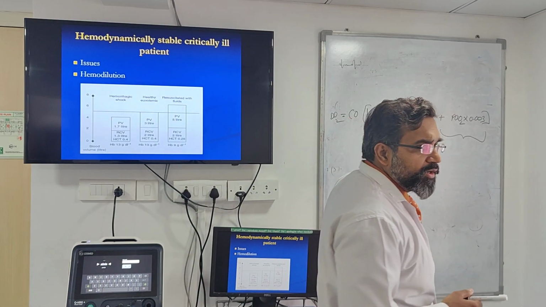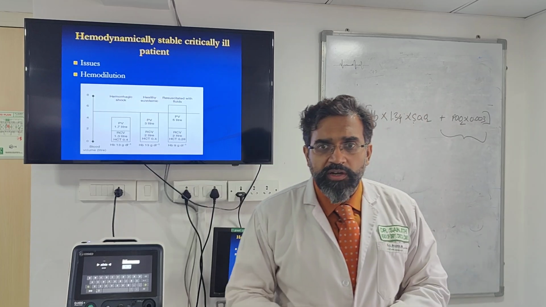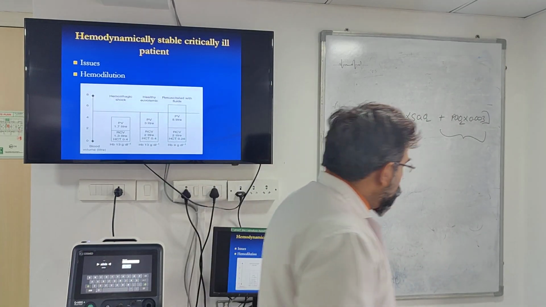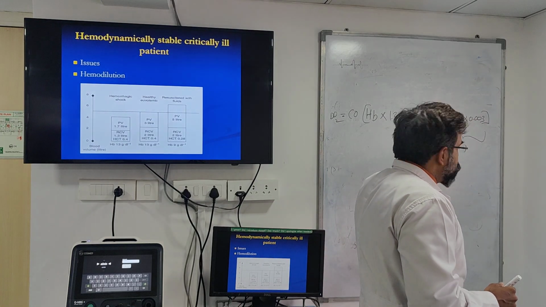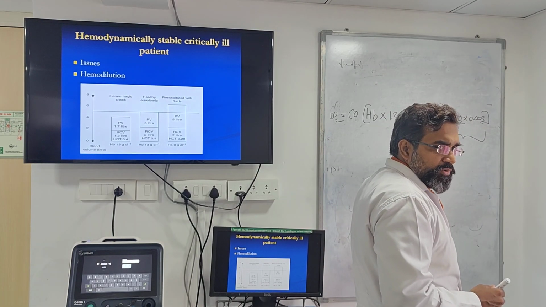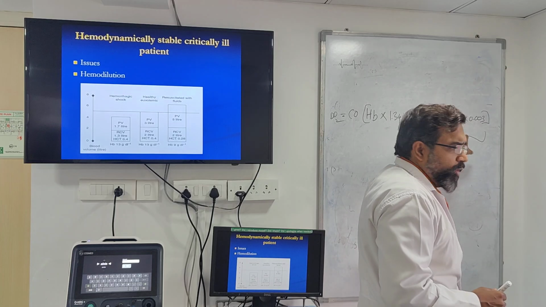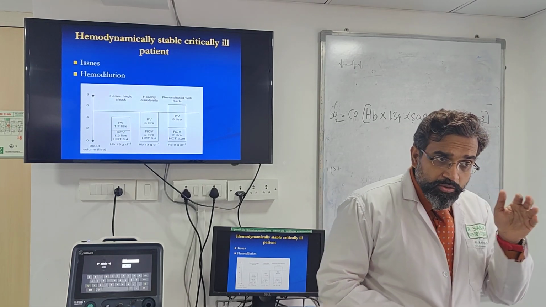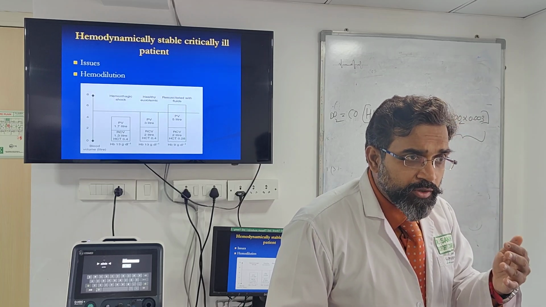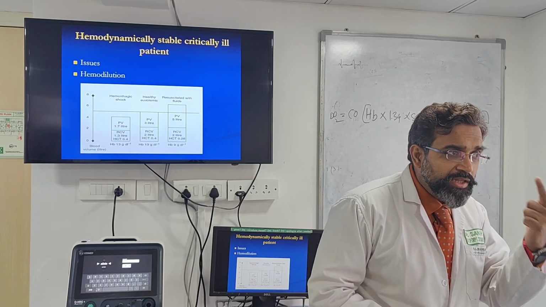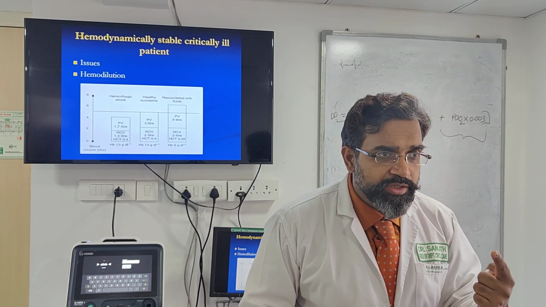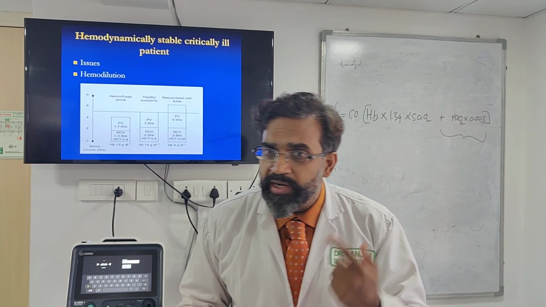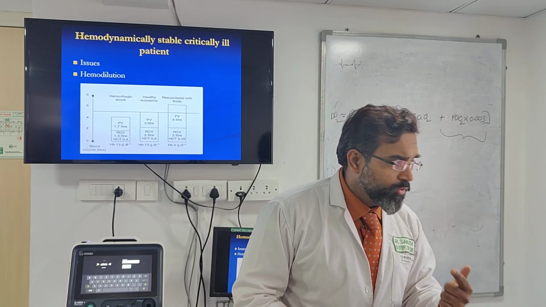So in short, even if your hemoglobin is 2, or even if your hemoglobin is 5, I don't have a big problem unless my SaO2 goes down. You understand? PaO2 is not the problem. PaO2 is dissolved oxygen, so it doesn't become a very important fraction in the delivery of oxygen, and that's why a basic pulse oximeter is a better guide than an ABG. You don't have to look at an ABG to look at oxygenation.